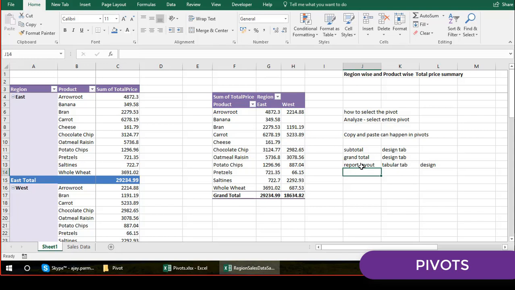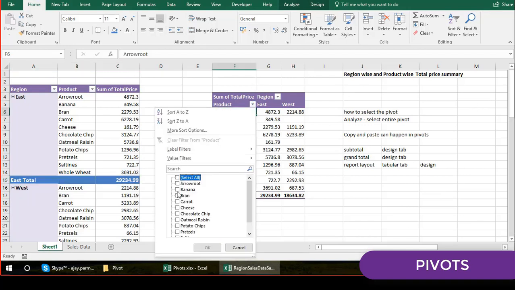You also saw how to select the entire pivot. You just click here like this. This is a different area, so you can select this as well. Obviously this is of no use, but if you have some header which is coming again and again like total, you can select that. So this will select all the totals. Now the good part is that anytime I can use the filters also.